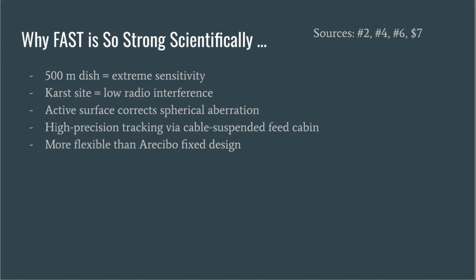And the feed cabin is suspended by cables and controlled with several mechanisms, which allows high-precision adjustments to happen in real time. So overall, FAST's scientific strength comes from extreme sensitivity, a radio-quiet location, and advanced engineering that gives it better accuracy and flexibility than older telescopes.